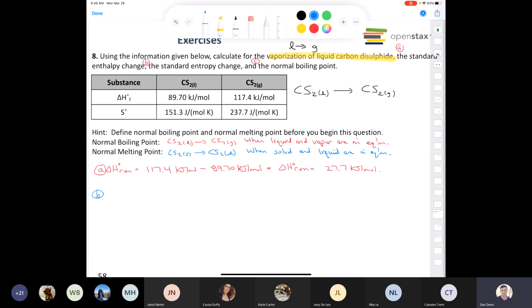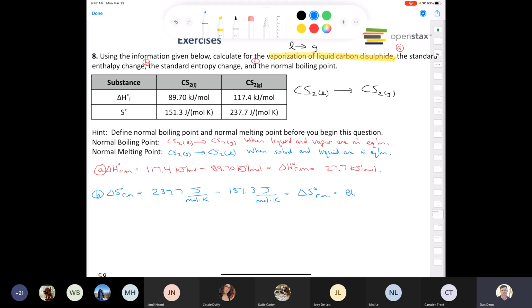Well, let's do the same thing for our standard entropy change. Not much of a stretch here. We have the delta S naught for our reaction is going to be equal to 237.7 joules per mole Kelvin. Again, I got that from right here. Subtract the standard entropy for carbon disulfide in the liquid phase, the reactant, or the starting material, 151.3 joules per mole Kelvin. And when I punch that into my calculator, I get that the change in standard entropy in this reaction is equal to